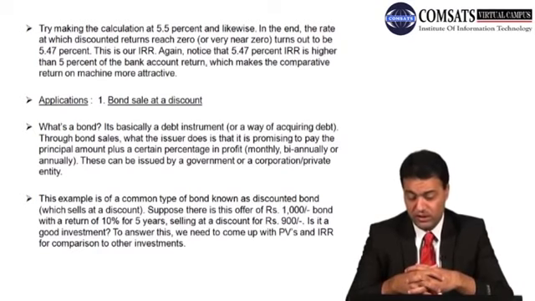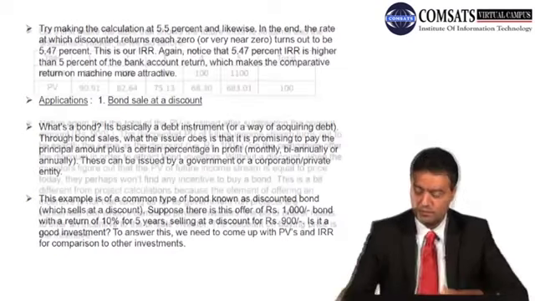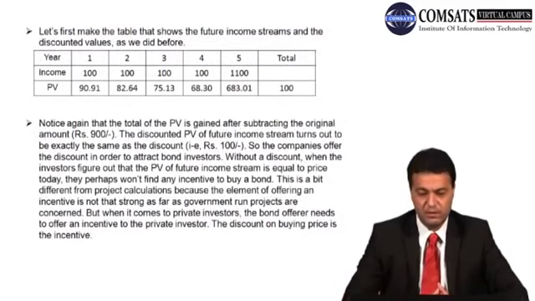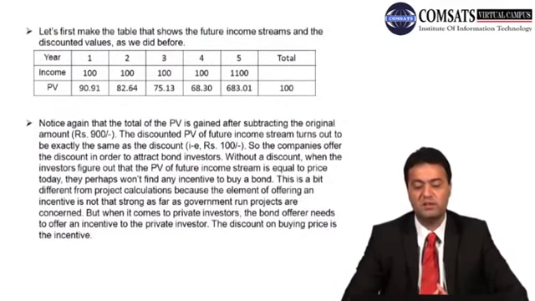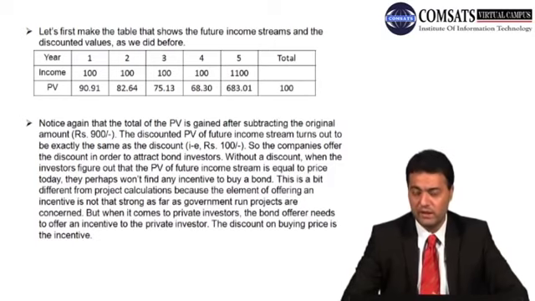Is it a good investment? To answer this we need to come up with the present values and internal rate of return for comparison to other investments. Let's first make a table that shows the future income streams at the discounted values as we did before. जिस तरह के हमने पहले किया था, एक टेबल बनाएं, सालाना उसमें देखेंगे हर साल में कितने पैसे उसके मिल रहे हैं, और अगर जब उनको डिस्काउंट किया जाएगा तो फिर उसमें से कितने पैसे बचेंगे हमारे।